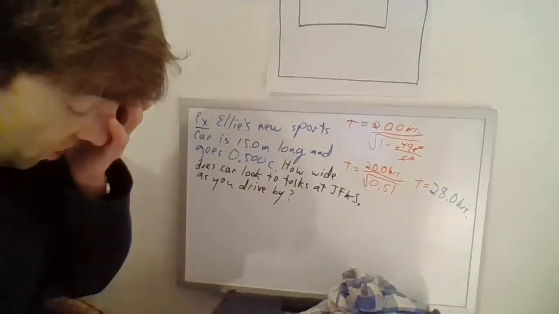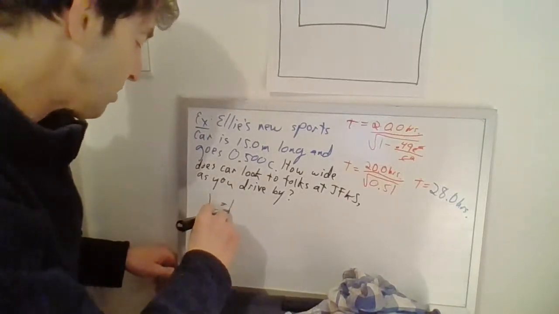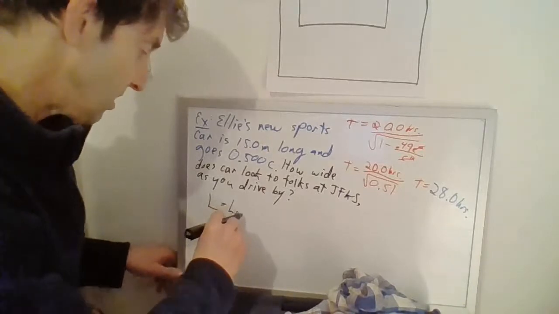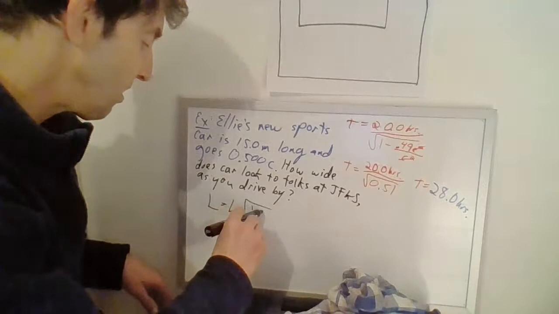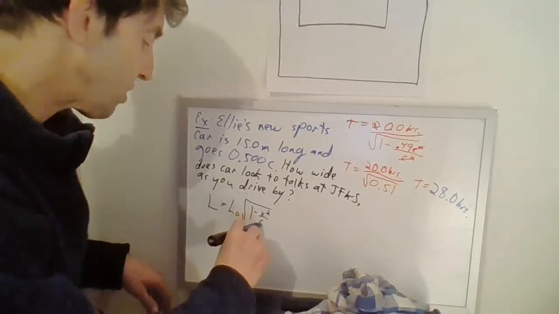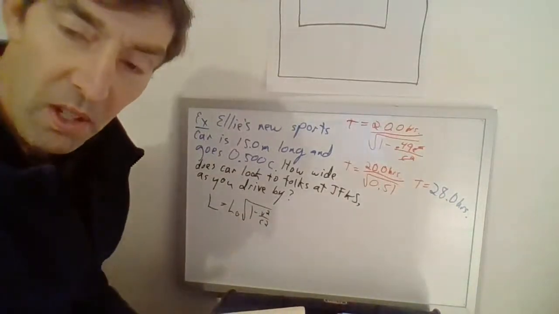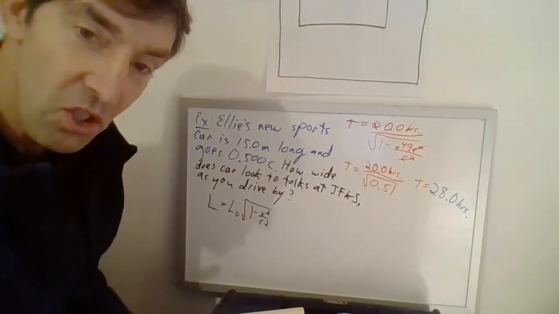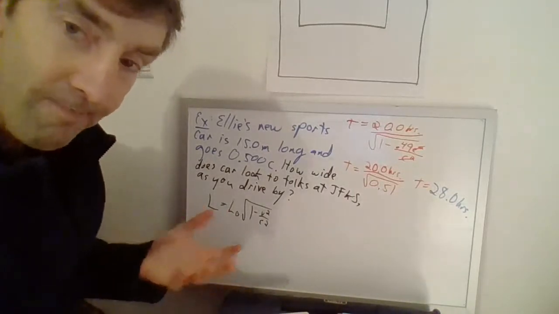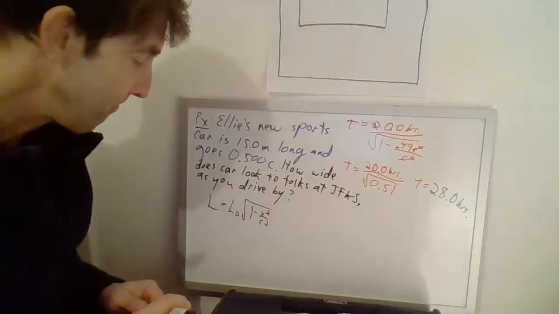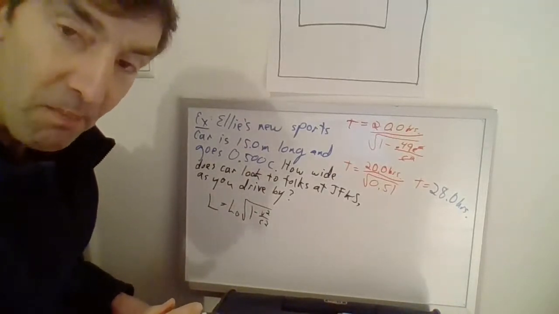I love it. Okay, so here's our equation. To get the length, we need the original length times the square root, our correction, of 1 minus v squared over c squared. I'll be honest, the length ones are a lot easier to solve. So our original length is going to be, so L0 is going to be how much?